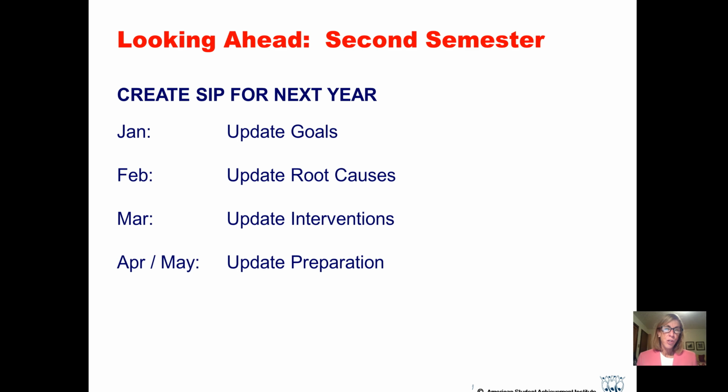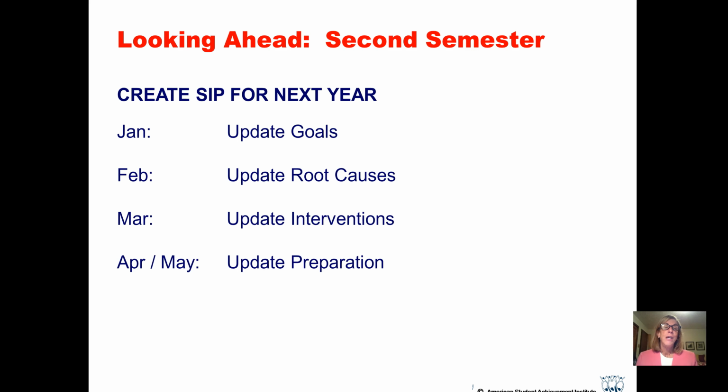on the implementation of them has been on first semester. We wanted to make sure that the interventions got kicked off well, and that 3 or 4 months in, December, you're checking to make sure, are the interventions humming? Are they implemented like we want them to be, and are they having the impact that we want them to have? So, okay, even though we're not going to stop implementing the interventions, our focus now in second semester is